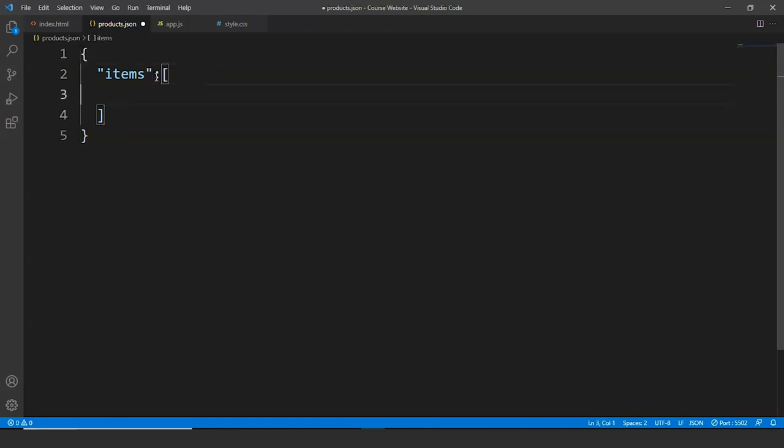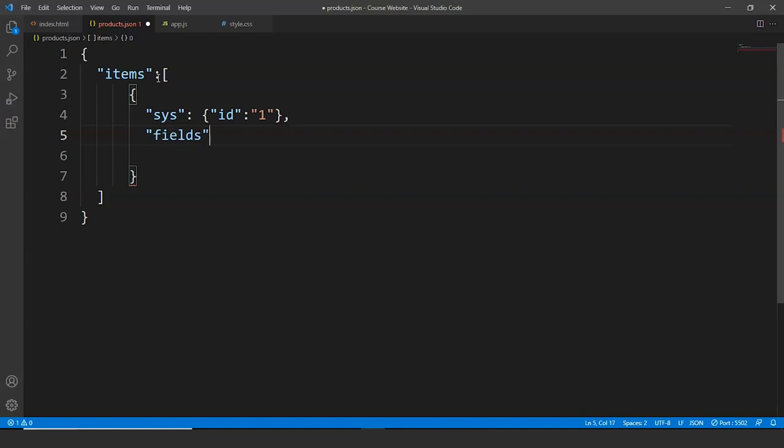So now inside the items what we'll do is we'll create the object for first image. So we'll write here sys and then we'll write here ID. So ID will be 1. We have to use commas to separate the properties. So now we'll write here fields colon, and inside this we have to use title. So the title for first course will be Python programming